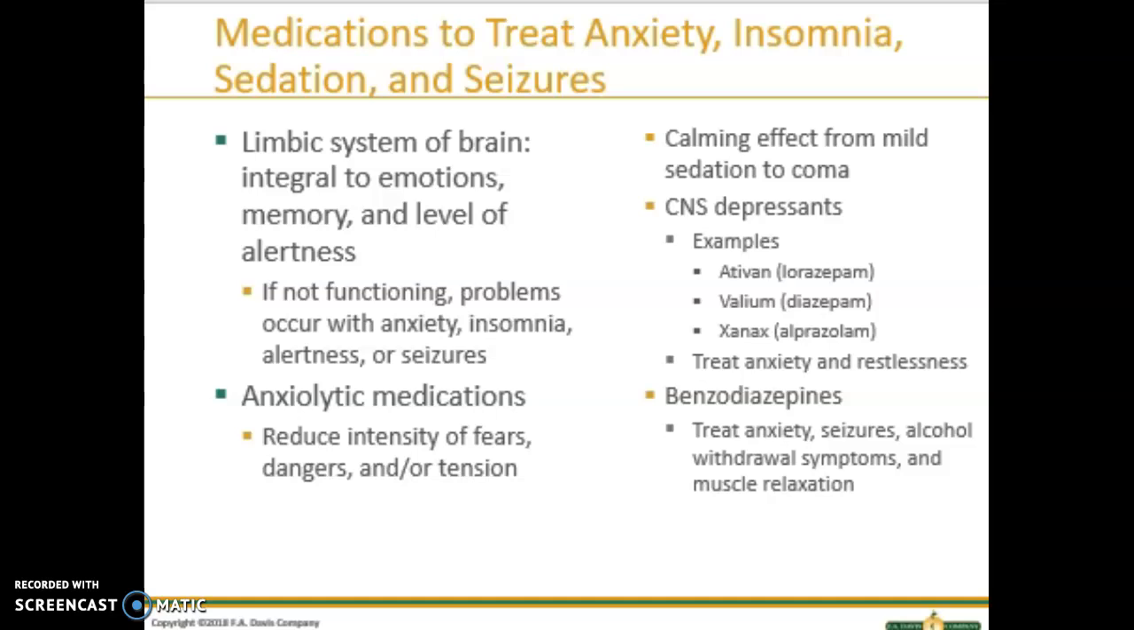Gamma-aminobutyric acid, GABA, is a neurotransmitter that inhibits abnormal neural activity. So some of the newer anti-seizure medications target this neurotransmitter. And some new medications increase the production of GABA or gamma